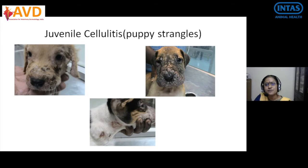Like after administering vaccine, after a few days of that, animal may develop a lesion like this, along with that rise in temperature and highly lethargic, lameness like that. So this is actually, even though the disease appears like bacterial skin disease, the underlying etiology could be usually unknown, but could be narrowed down to